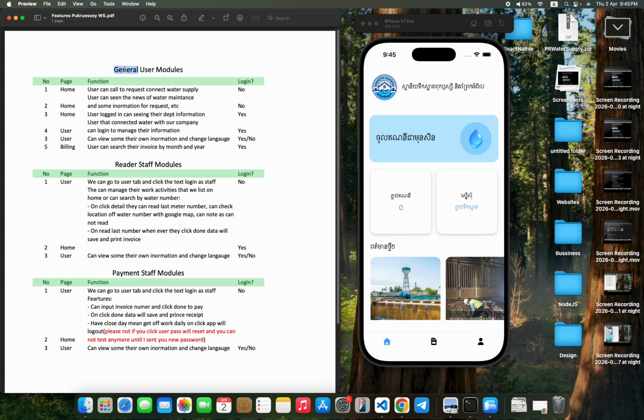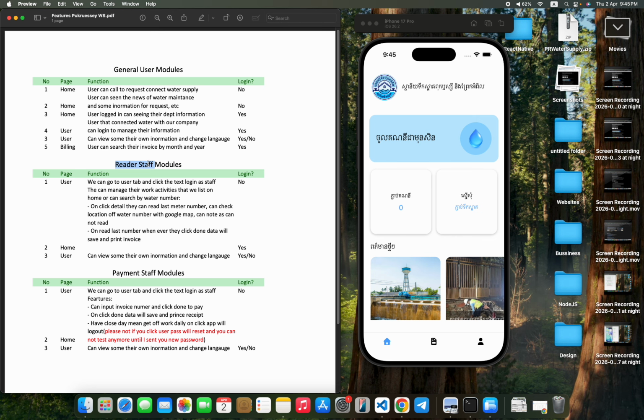So the main feature, we have three features for different users. First we have the general user, that means all users who have the App Store can download and use that feature. One more feature is internal control.